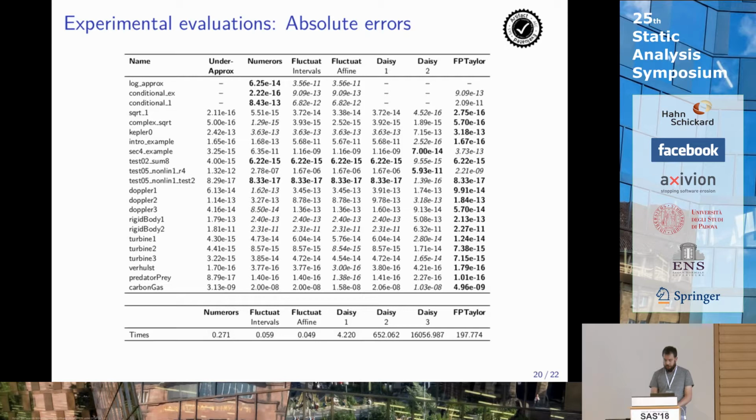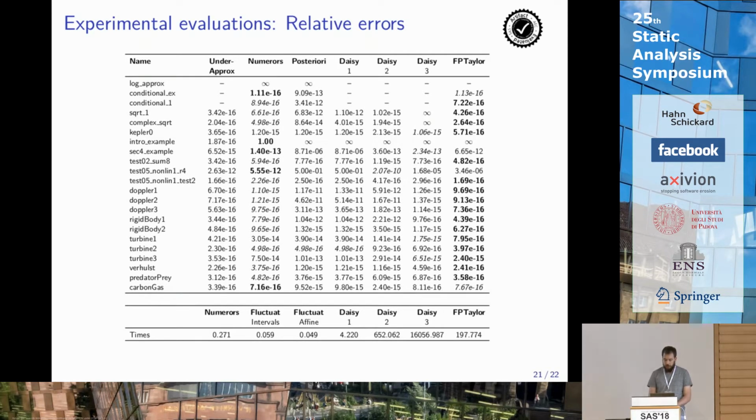Okay, and second table. It's the result of the relative errors bound. Here, Fluctuat is absent because it does not propagate relative errors directly. We replace it with the a posteriori column, which is an evaluation of the relative error using the absolute error bounds and the value bounds. We add a new mode for Daisy, which is, in our understanding, the most aggressive mode